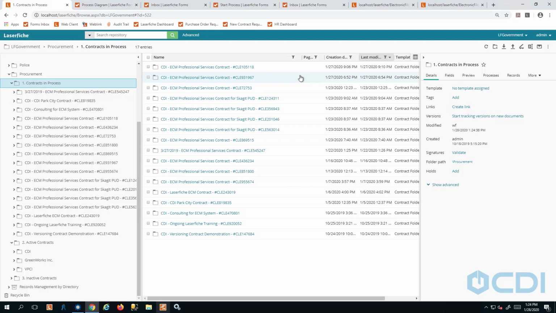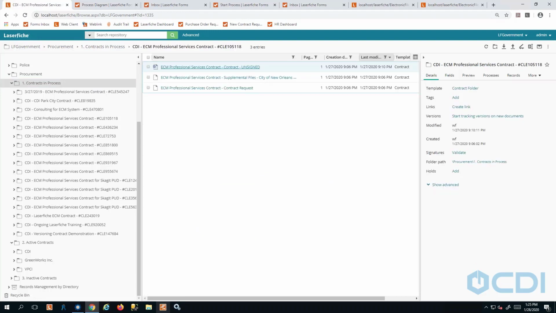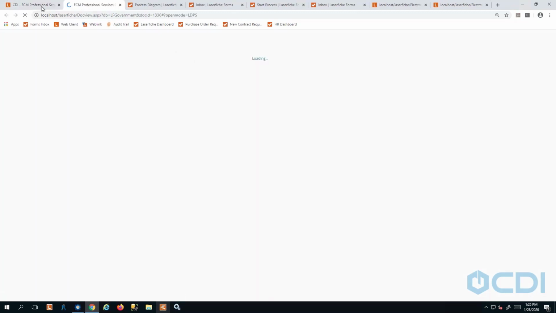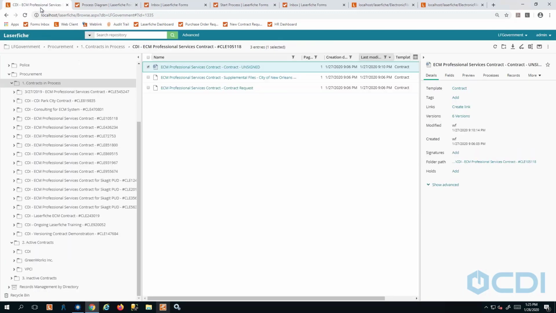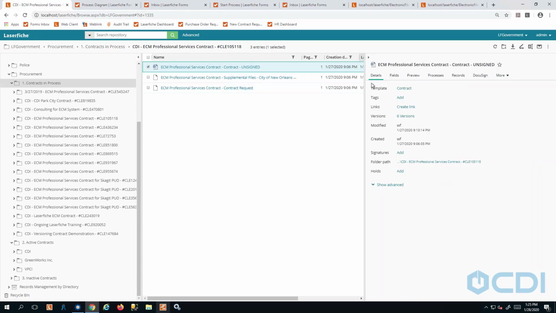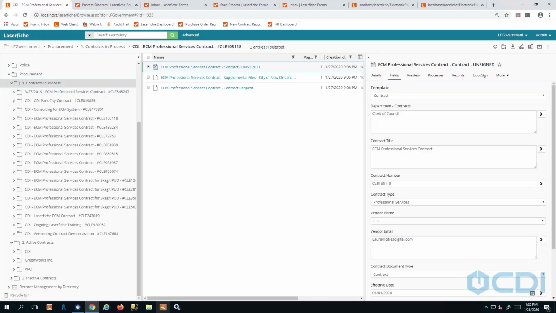after you initially submit the form, it goes into this folder, Contracts in Process. And within that folder, I would be able to see any supplemental documents I included, the original form submission, and then our template for the contract that was created. So then we open that up. But if I look at the panes over here to the right, we can see that workflow automatically appended and